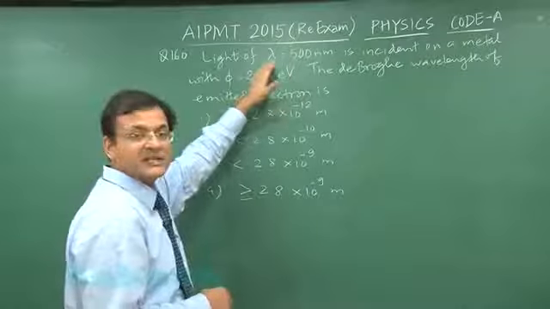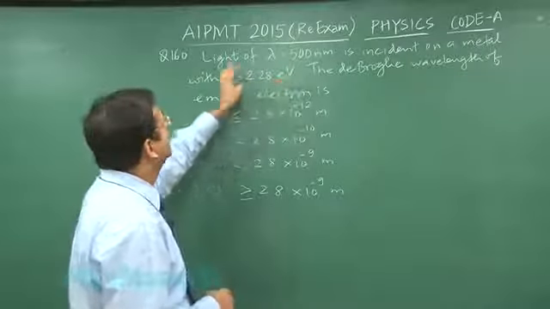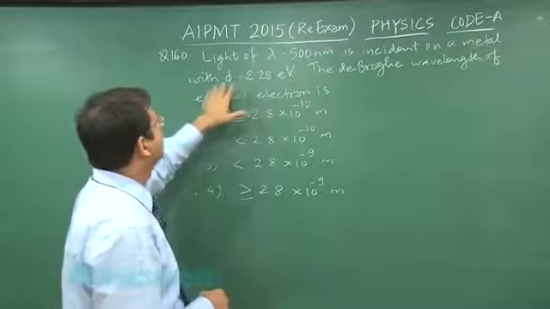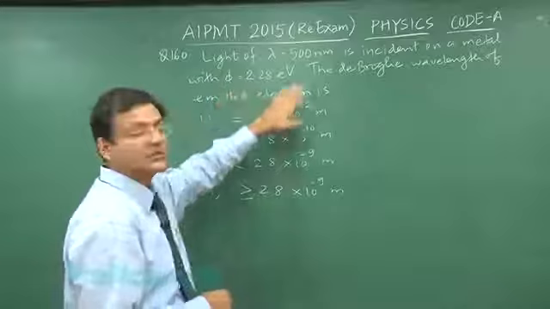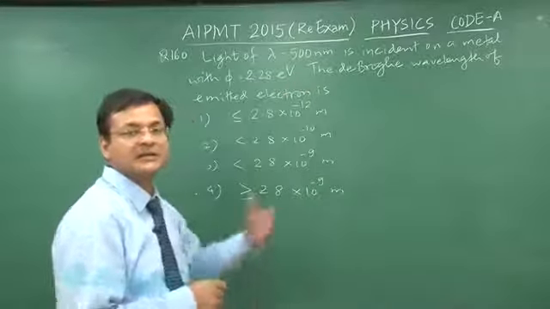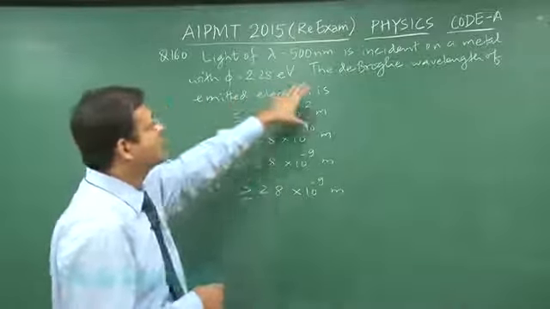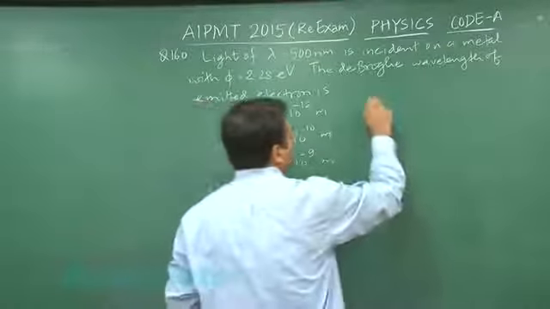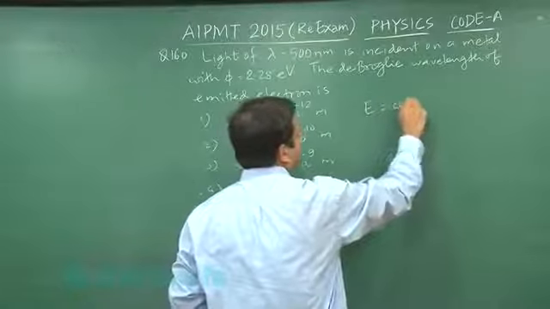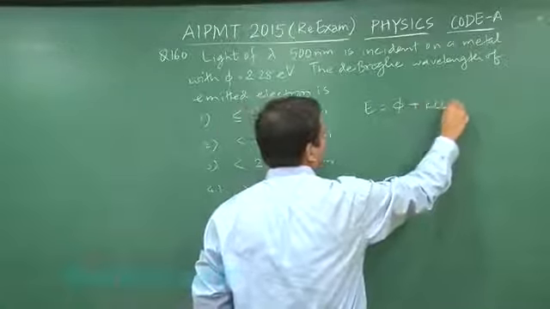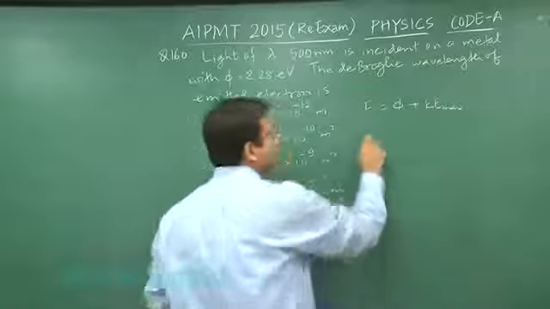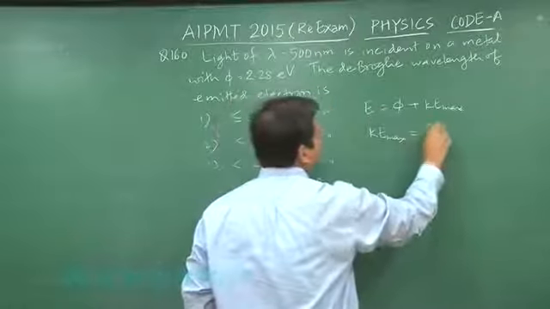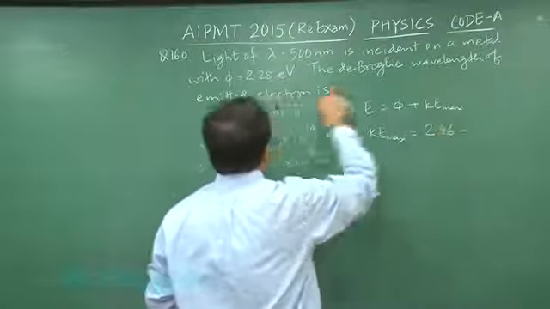So this you can say energy 2.46 electron volt. Light photons are incident on a metal of work function 2.28 electron volt. So you can calculate the maximum kinetic energy with which the electrons will be coming out. You want the de Broglie wavelength of the emitted electron. So first I am using the expression: energy incident is equal to phi plus KE max. So this will give you the value of maximum kinetic energy. As I said, kinetic energy maximum I will be taking as 2.46 minus this 2.28.